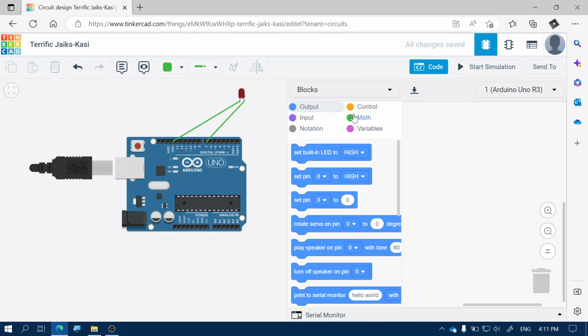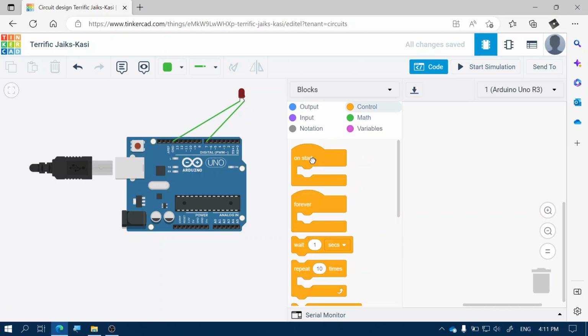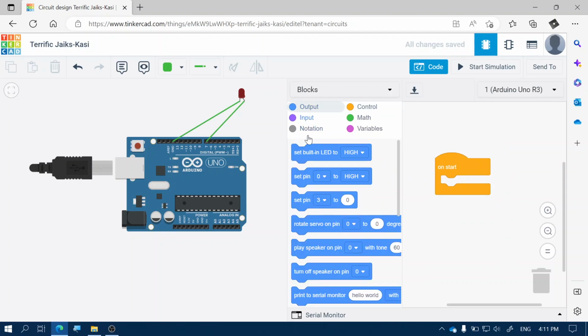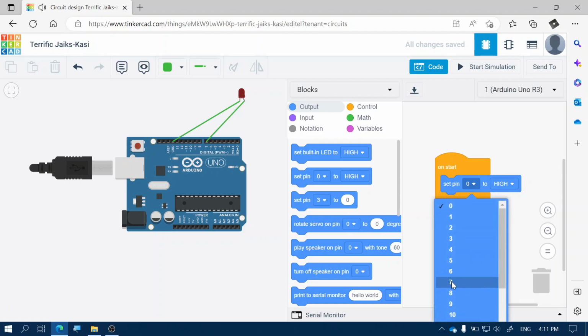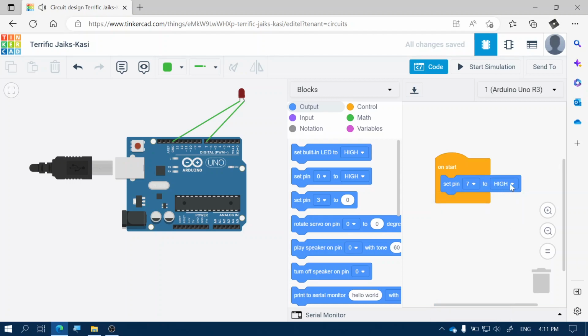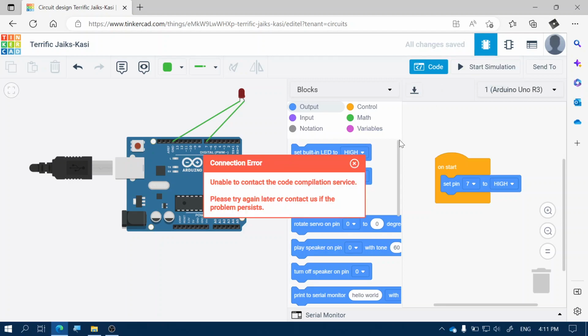So if we want to turn on pin number 7, I go to Control, and I choose On Start, and then I'll go to Output, and I'm going to set pin number 7 to High. Now high means the same as on. So if I start that simulation,